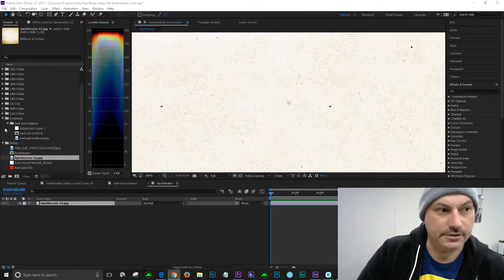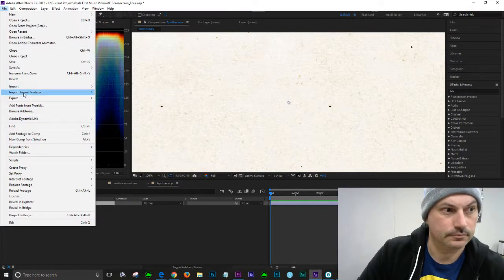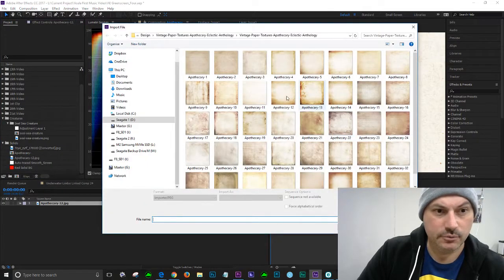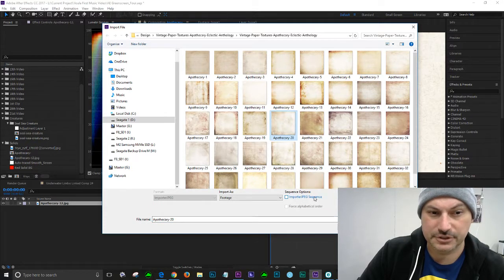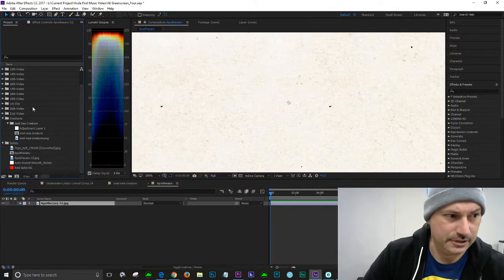Essentially what we had as a problem was when we imported the image, you go to File, Import, and whatever image you choose, just make sure that, say for example, you import a JPEG sequence. I don't know, that seemed to have caused the problem. But essentially it stopped the image being as long as it needed to be. But in any case, what we're going to do,